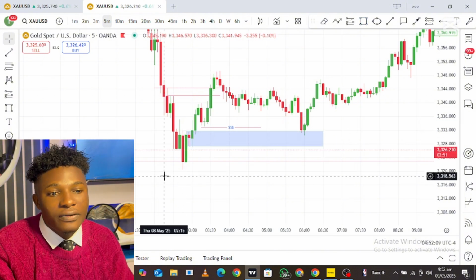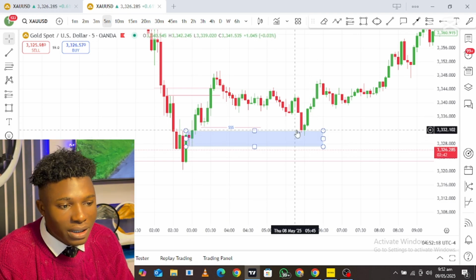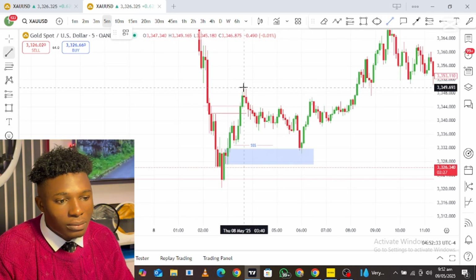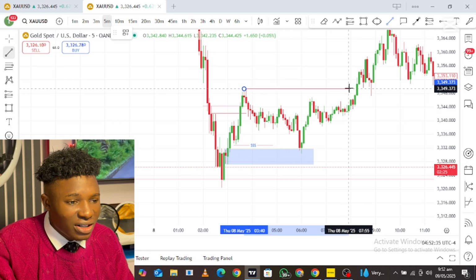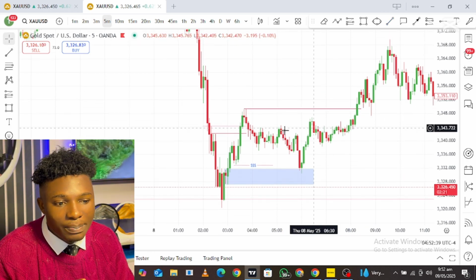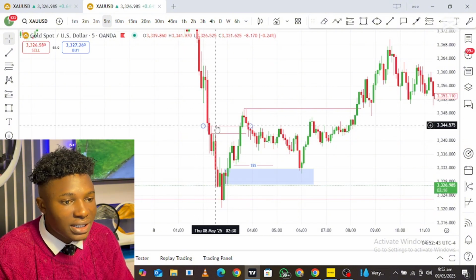And then this is what? 5 minutes time frame. So this is the order block I make use of, and the price tapped into my order block and started going in a bullish direction. Even though this is the first 100% movement, it is not actually a 100% movement because I use the power of the first time frame. You understand? So using the power of the first time frame, I also make use of the 100% movement of this particular area right here. Let me delete this.